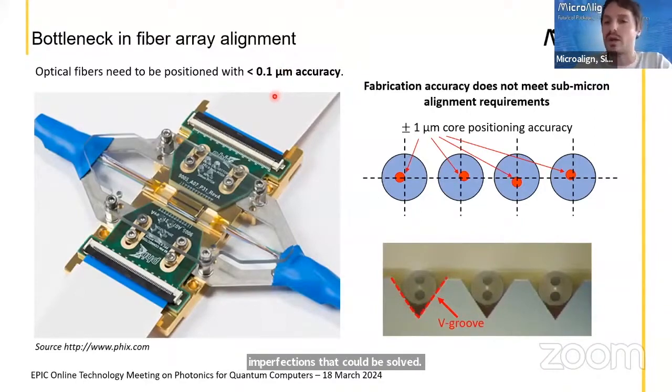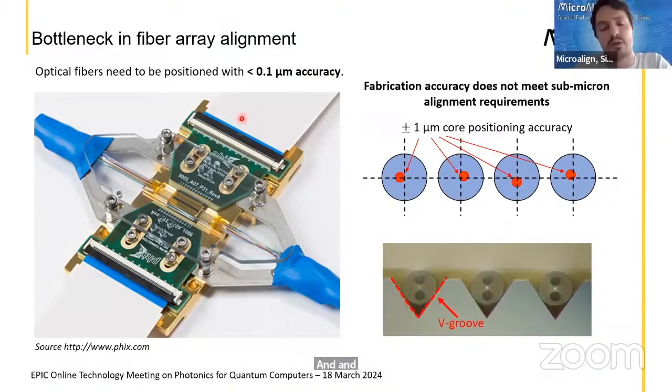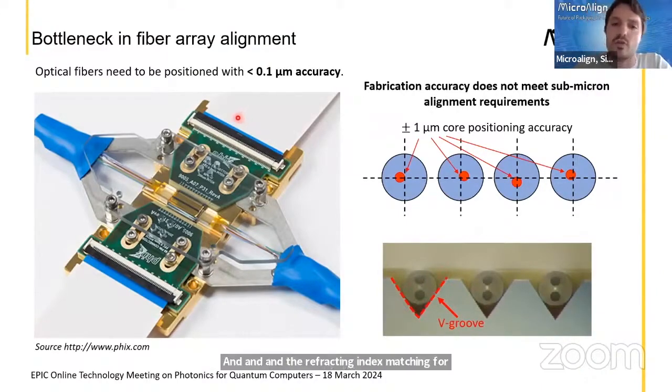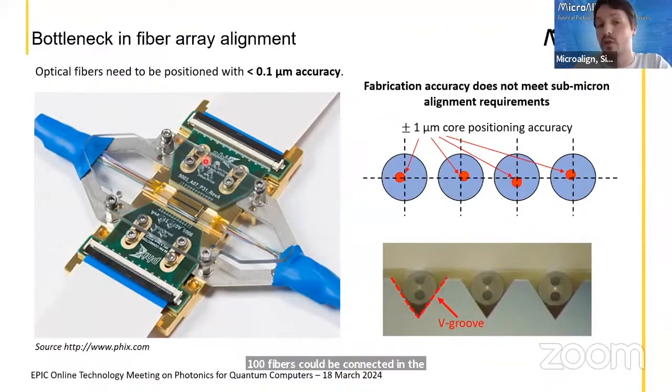Because indeed there is a lot of work that can be done in terms of spot size converters on chip and refractive index matching, for example, as it was mentioned by Stefan, in order to improve and optimize the coupling between the on-chip waveguide and the fiber. But there is also the need for many fibers. For example, I understand that in the case of quantum photonic computing, even 100 fibers could be connected in the future, and in the future, I mean in 1 or 2 years, to a chip